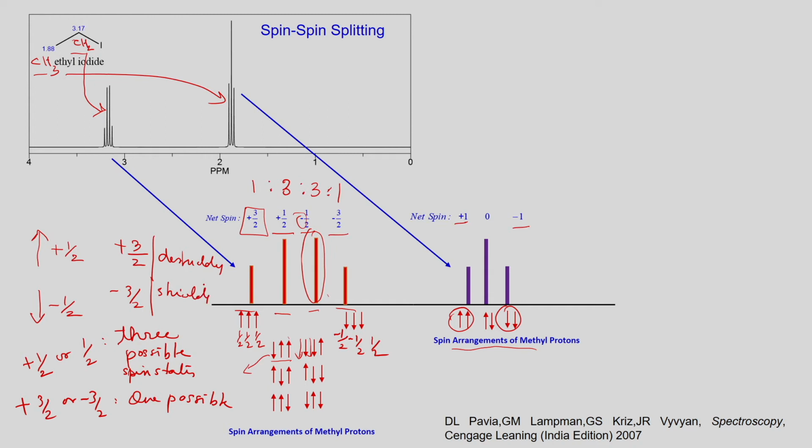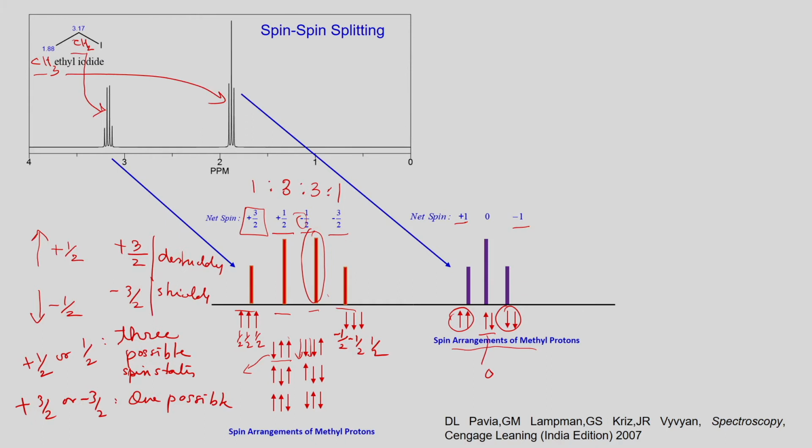Likewise, there is another part possible, which is due to the methyl group splitting. The splitting can have a net spin of plus 1, 0 or minus 1. Minus 1 means both spin states going downwards. Or one downwards and one upwards, so the net becomes 0, or both upward spin states. All these possible states are called spin states. So theoretically it is possible that 3:3 is more probable compared to a single spin state.